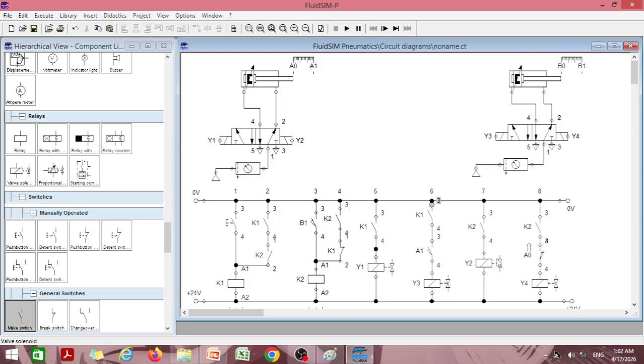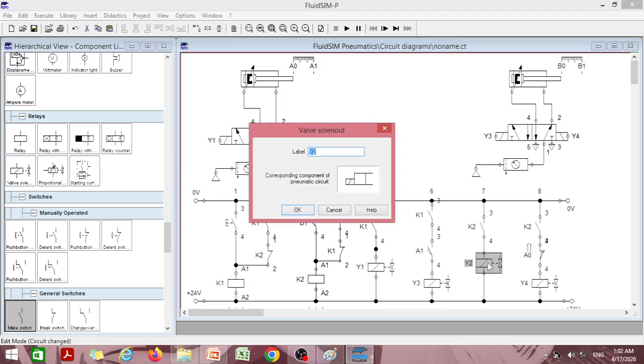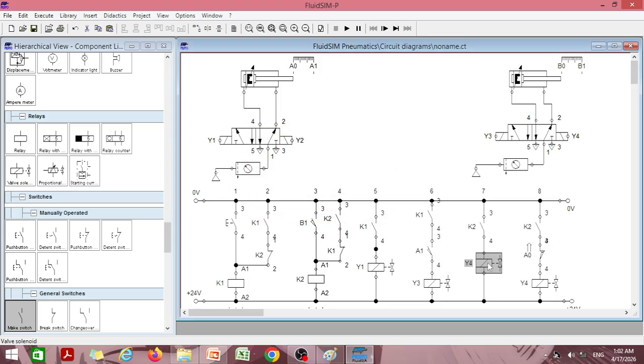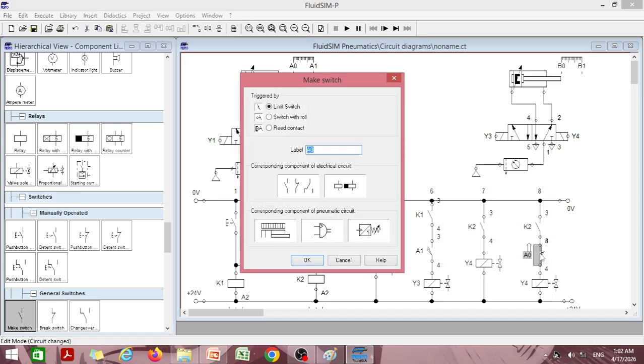That means Y4 will get actuated, and when Y4 gets actuated, 5 by 2 will move to the left, the piston will move to the left, and B0 gets actuated. So instead of A0 over here, I should write B0,